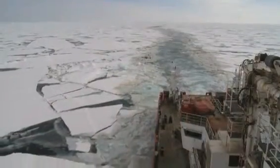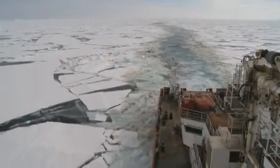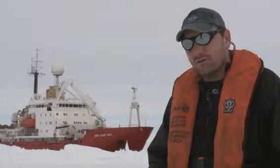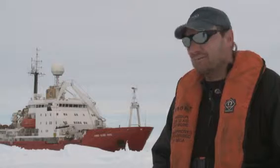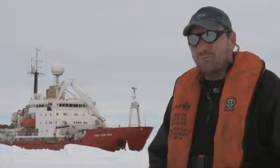We've had a several-day transit from Stanley, and actually that was through the notorious Drake Passage. It was remarkably calm, so we're feeling pretty good. But then when we got here, we had some problems with our equipment. We had the submarine going under the ice, and it got lost or got stuck. We spent about a day and a half trying to rescue that, and then trying to get here to do